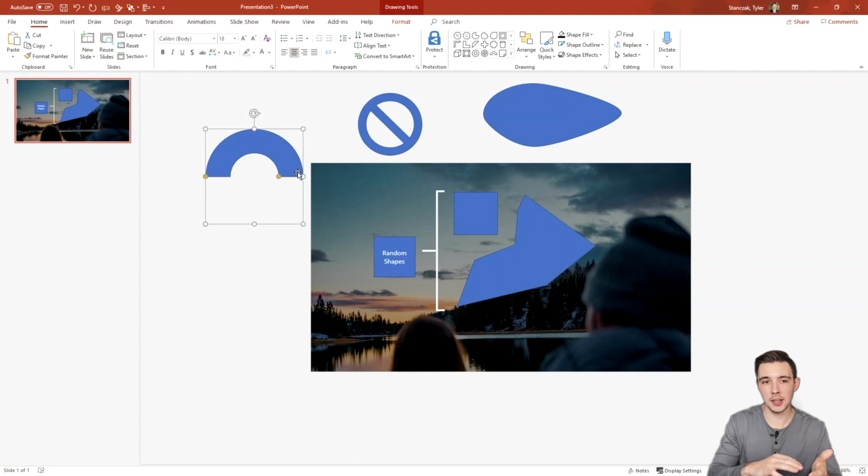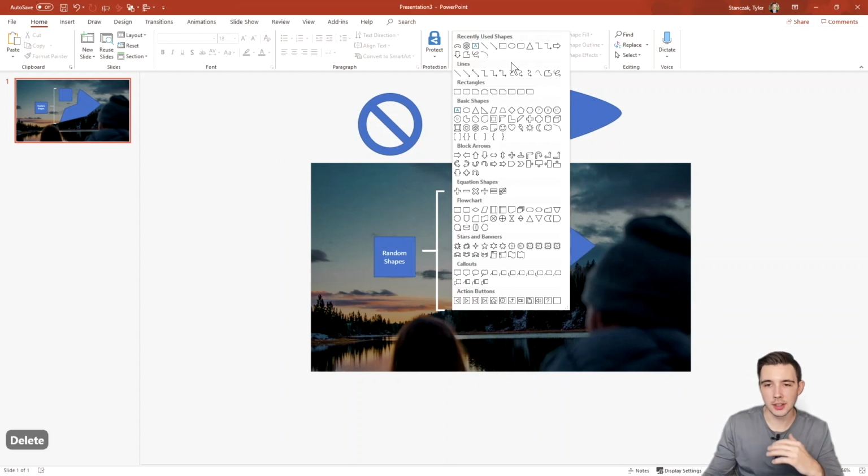So if I want to say 50% of the population did this, this is a great way to use this shape, and then you can adjust it like so, and just really play around with the thickness and how wide it's going to be, and then also how much of it's going to fill up the circle. As you can see here, there's a lot of different shapes. Feel free to play around with the different shapes to really see what shapes you like the most.